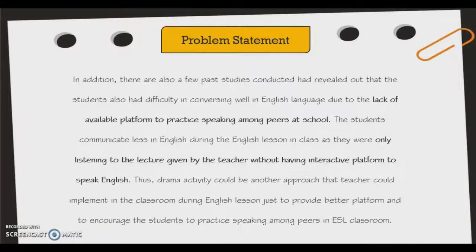In addition, a few past studies had revealed that students also had difficulty conversing very well in the English language because of certain reasons. One is that they lack an available platform to practice speaking among their peers at school. This has become a very worrying issue because the students communicate less in English during the English lesson in class, as they were only listening to the lecture given by the teacher without having an interactive platform to speak English with